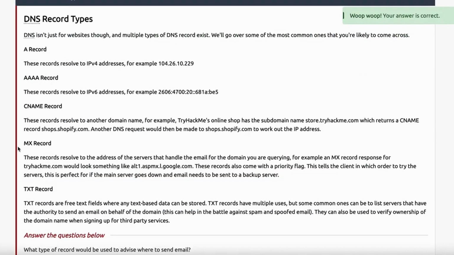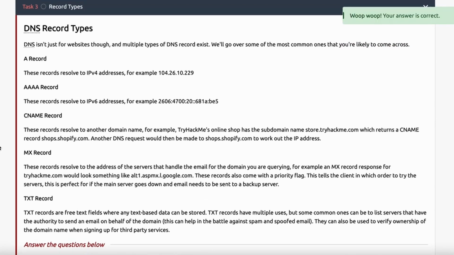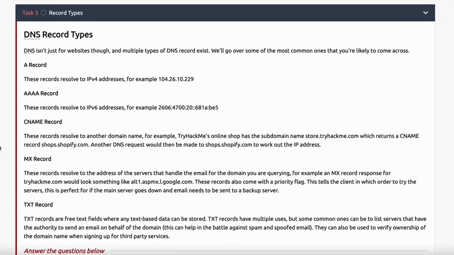DNSs collect records, and these are organized into several different kinds of records. For instance, an A record resolves the IP version 4 address. So you're probably more familiar with A records. A quadruple A or AAAA record, I don't know if that's how you're supposed to say it, resolves for IPv6 domains. So that's probably something that we're all going to be seeing a lot more here in the very near future.